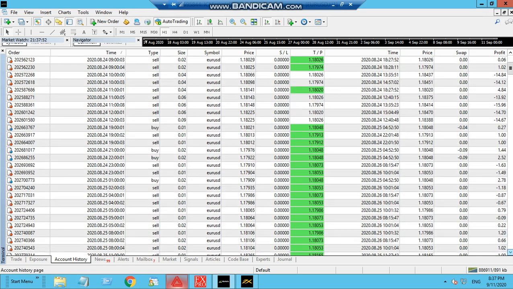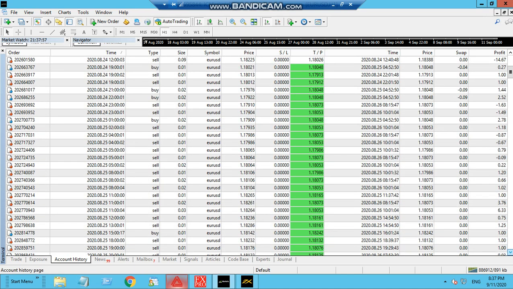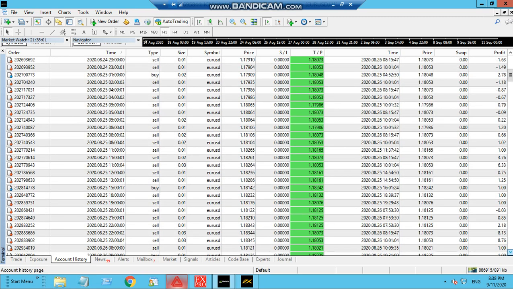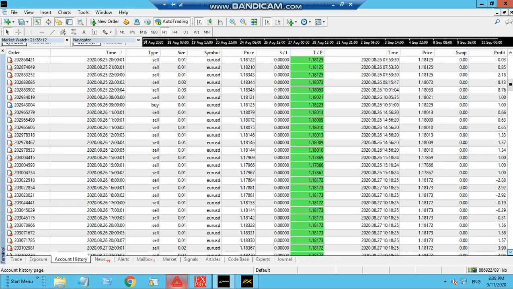So guys, don't go for the minimum balance that I'm talking about. Minimum balance is nothing. You can start with $100, $150, $200. But guys, in forex there are certain spikes that can happen anytime. So don't believe in minimum balance. If you want to earn in forex, do your best, whatever balance you can afford.